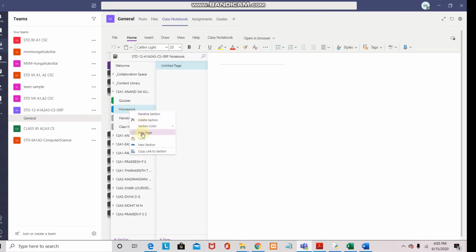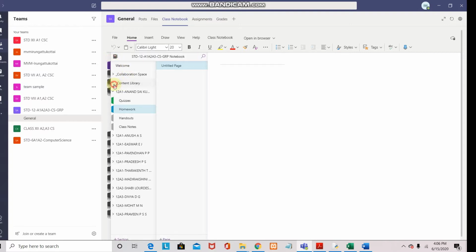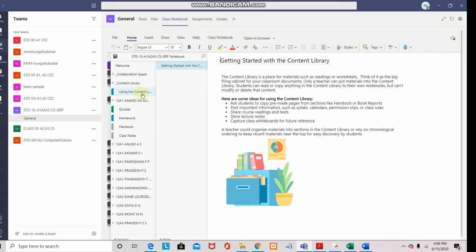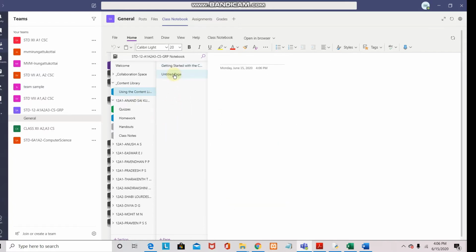We can add or delete a section, or we can add a new section like chapter 1 homework, chapter 2 homework, or something like that as the teacher wishes. Our students will also get reflected with those sections. When we are setting up the notebook itself, we have to be clear, and after which we can set up the notebook. Now here, the content library option must be selected, and in which we can click new page